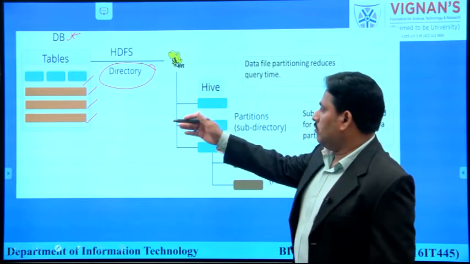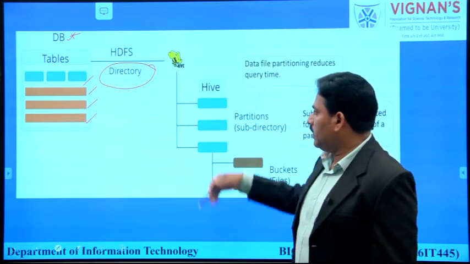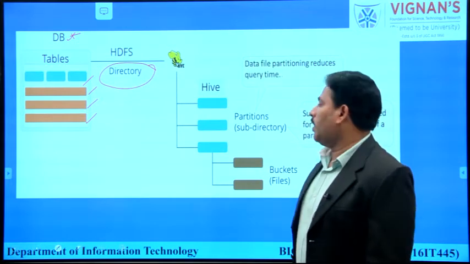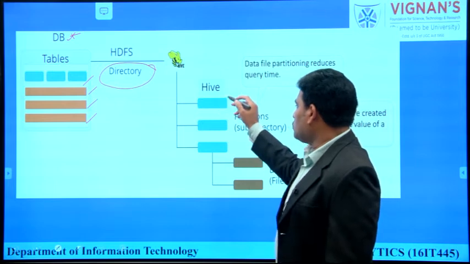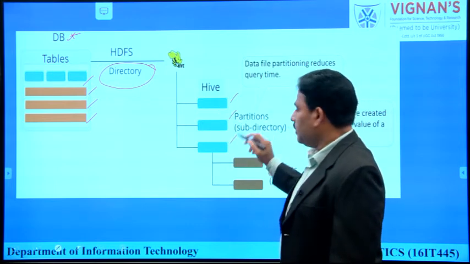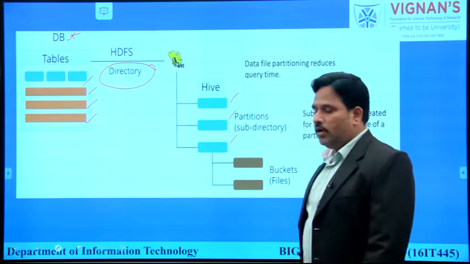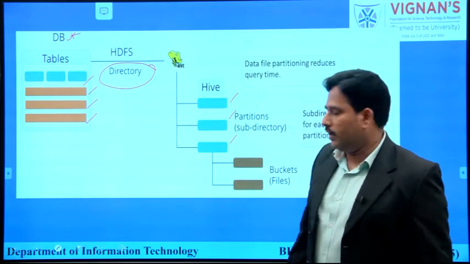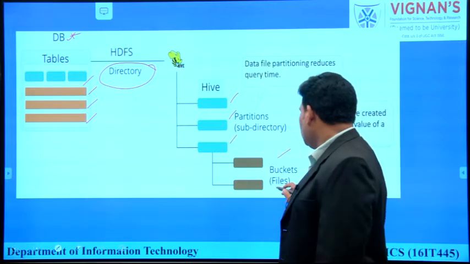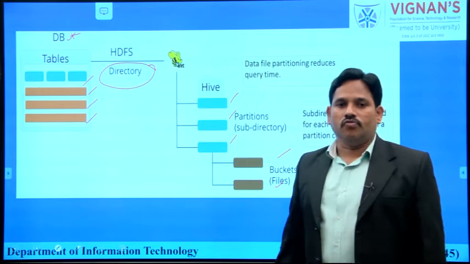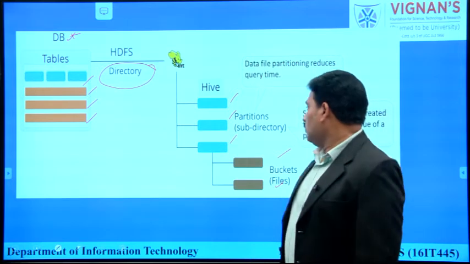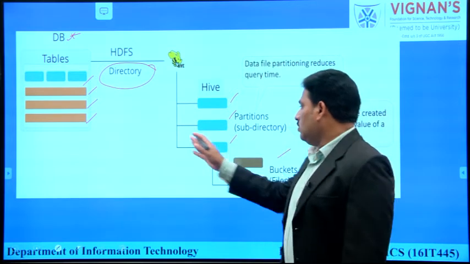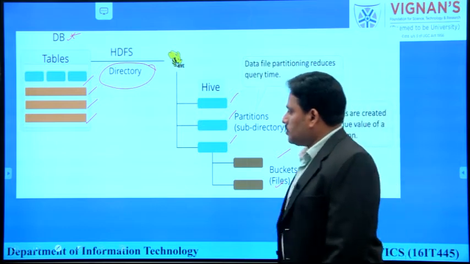Now the tables we have in the directory are going to be subdivided into partitions. The blue colored symbols we can call Hive partitions, which are subdirectories. Partitions can also be called subdirectories, and every partition will have the actual files of the data, that we can call buckets. So this is the storage of data units, starting from